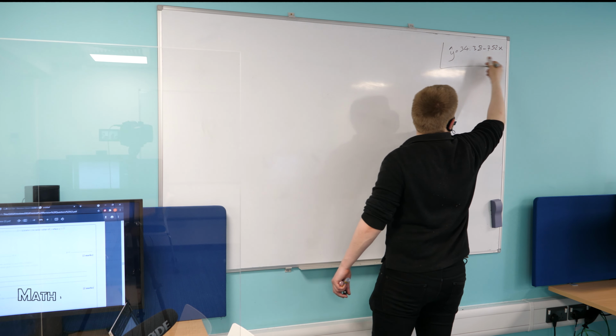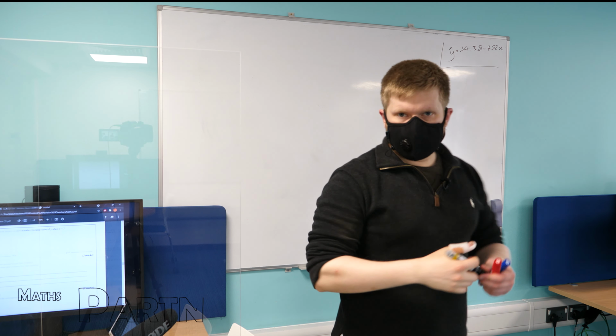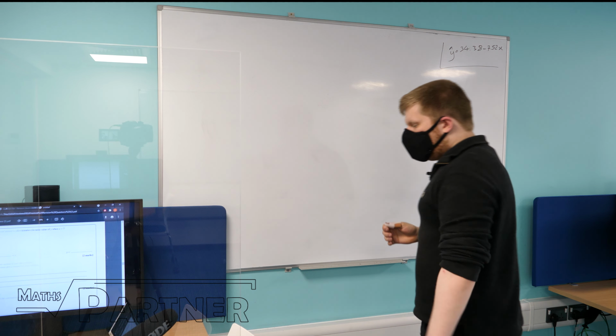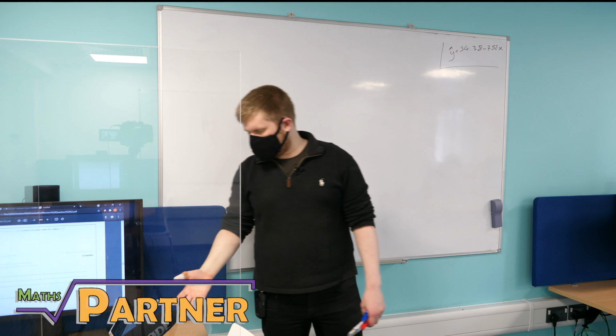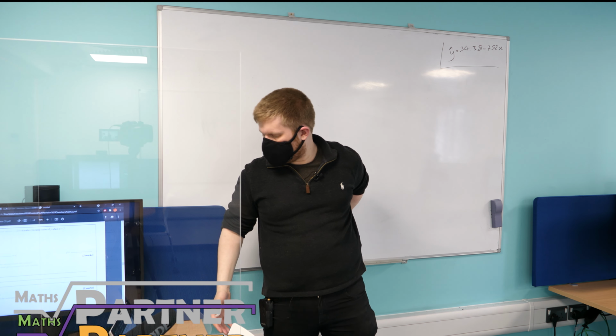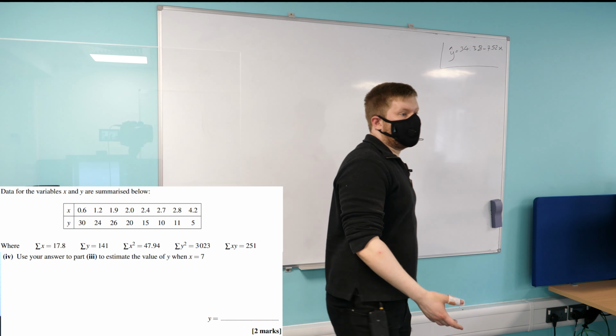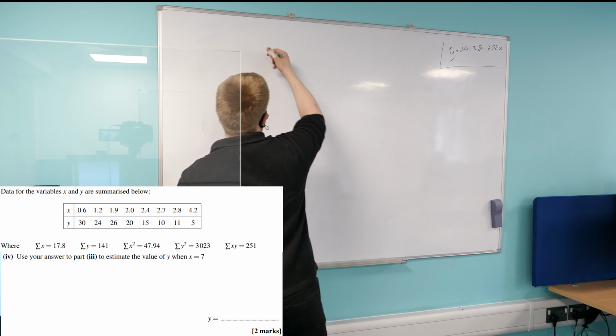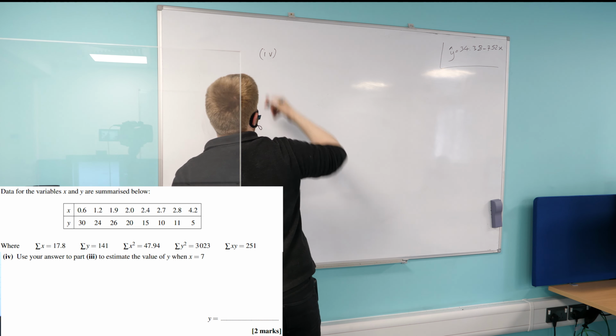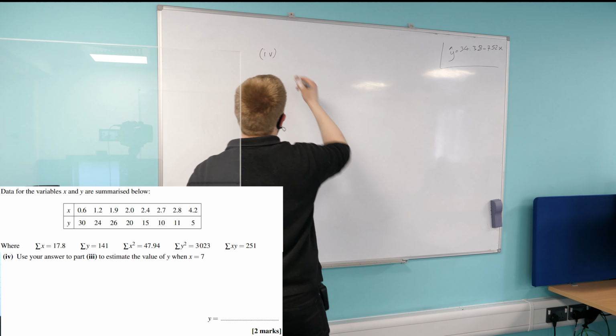So that's going to be the y bar that we use in the rest of the question, okay? All right, fine. So if you have a look at part 4 on the screen, it basically says, can you use your answer to part 3 to estimate the value of y when x is equal to 7, okay? So quite simply, all we're going to have to do here is say, well, okay, when x is equal to 7,